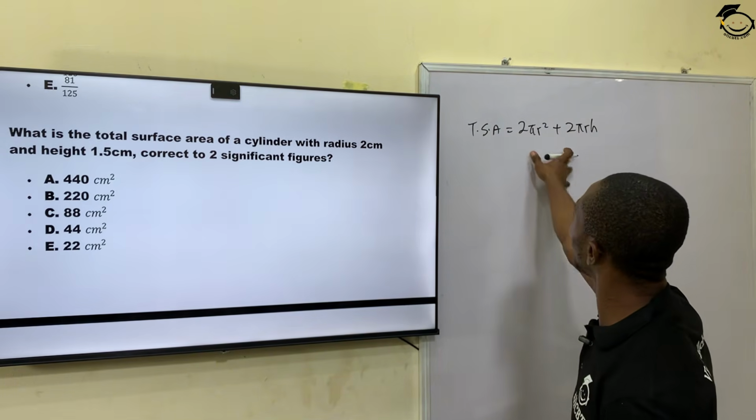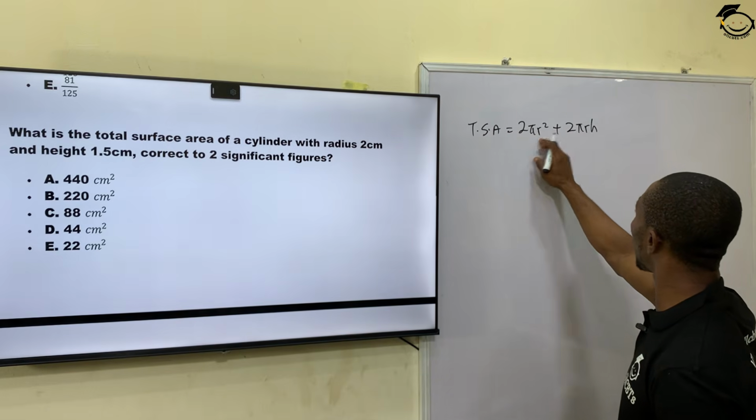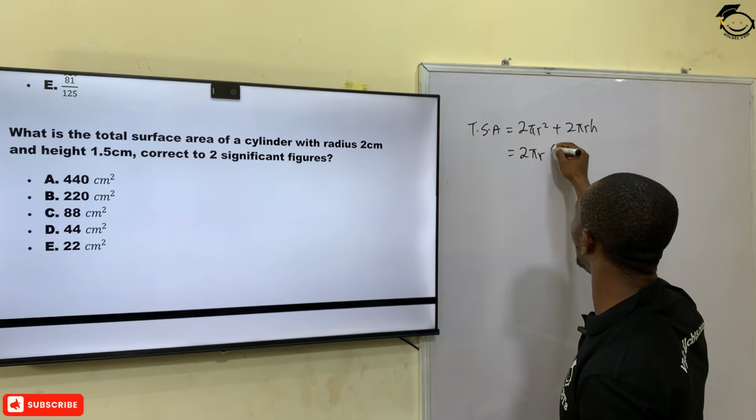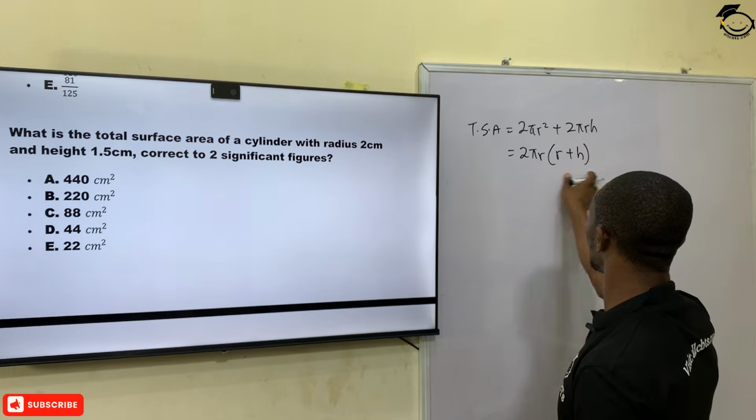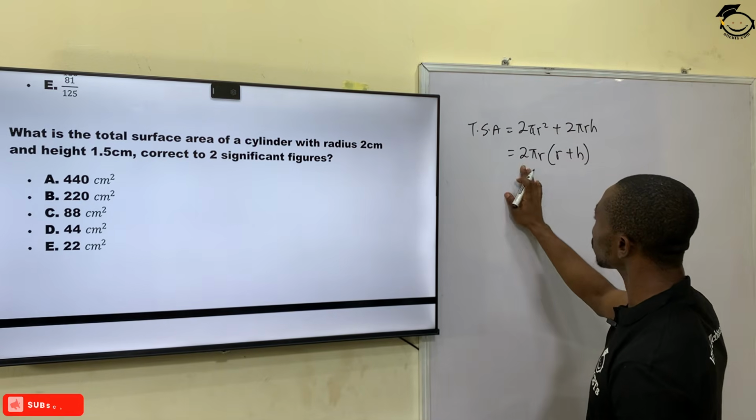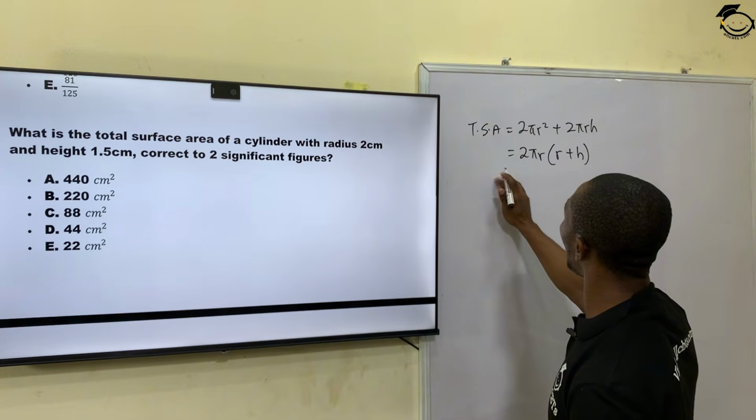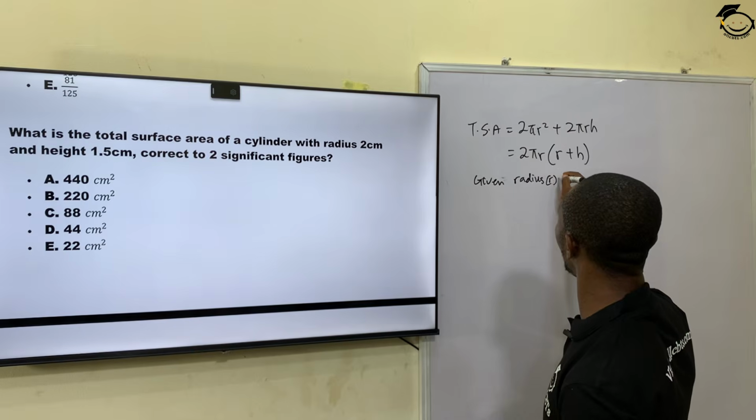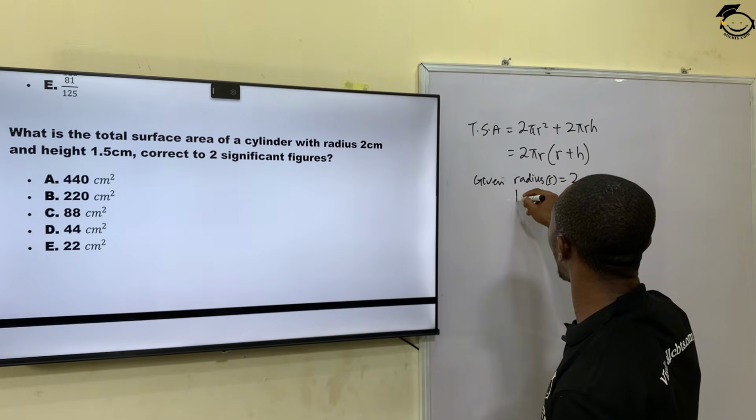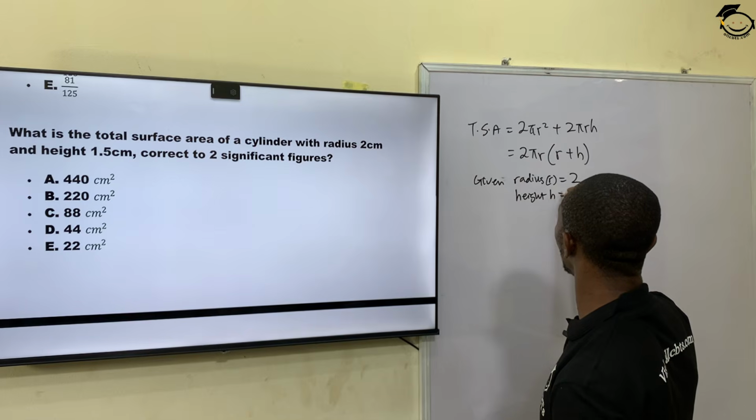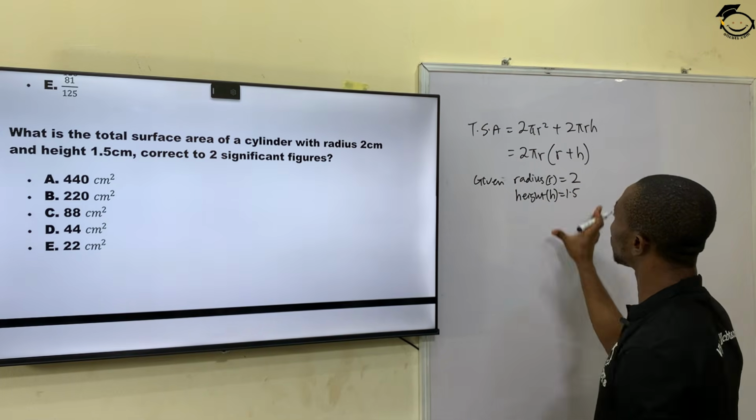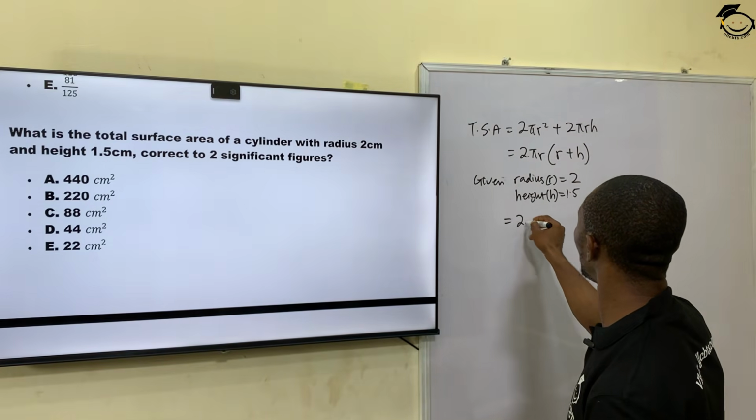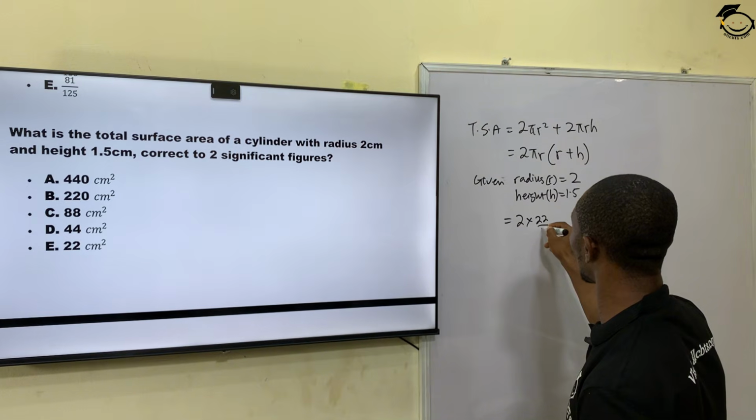Now, we can factorize this. We have 2 pi r common, so we can bring this to be 2 pi r bracket r plus h. Now, we are given that our radius r equals 2 and our height h equals 1.5. Now, substituting these values into our formula, we have 2 times pi, which is the constant 22/7,